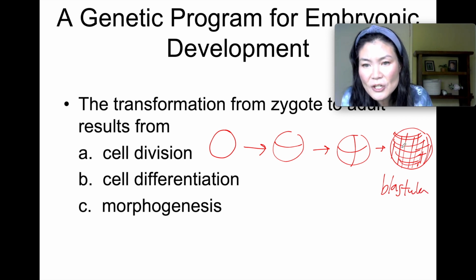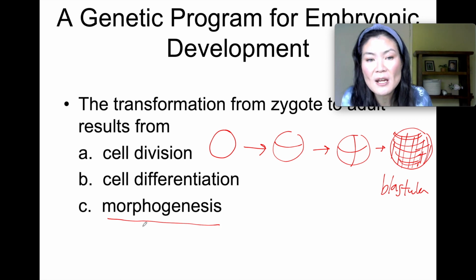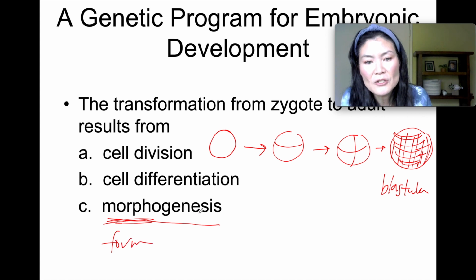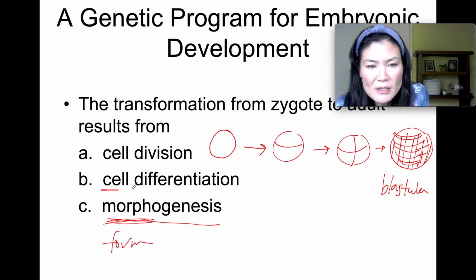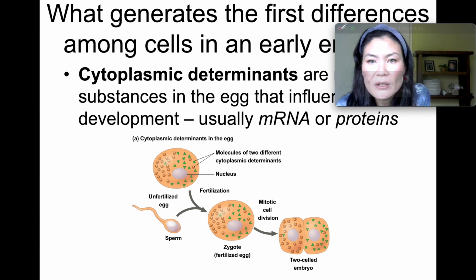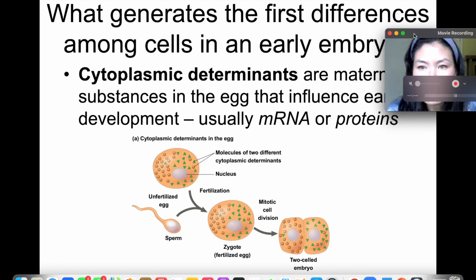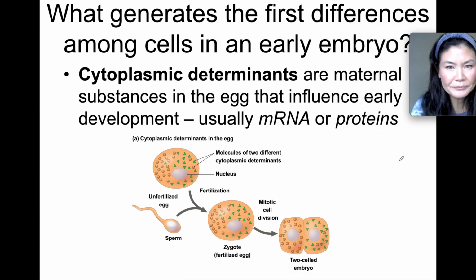A blastula. And it doesn't have any shape yet. It will take shape, and that's going to happen through differentiation and morphogenesis. Morphogenesis means to take shape. Morph means to form, and genesis is the beginning of taking shape, of form. Okay, and we're going to be talking about cell differentiation as well.